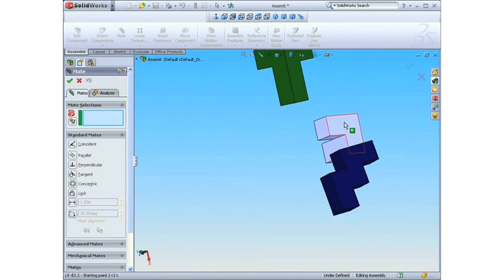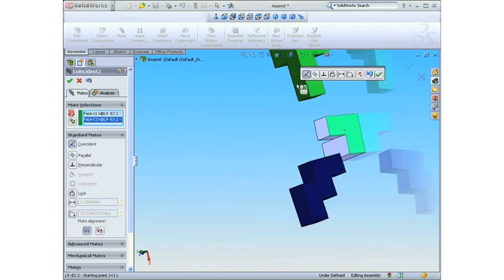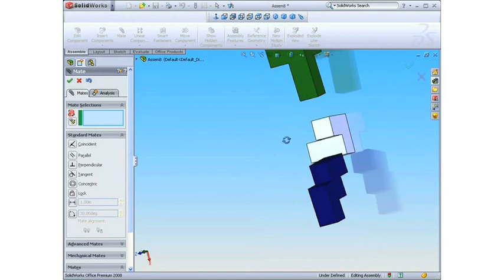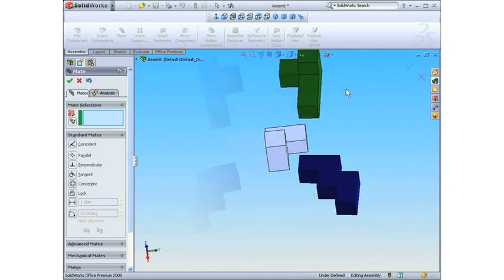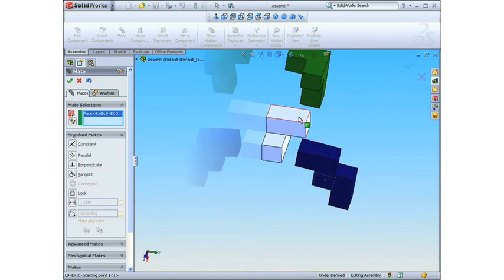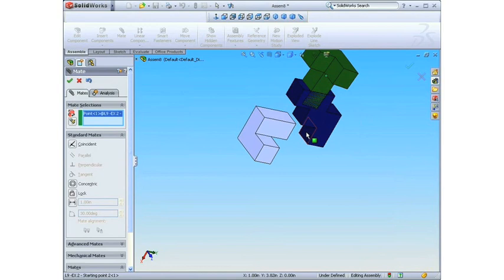We can mate the backs of the components. Next, I can mate this face to the top face of our base component, and this face,